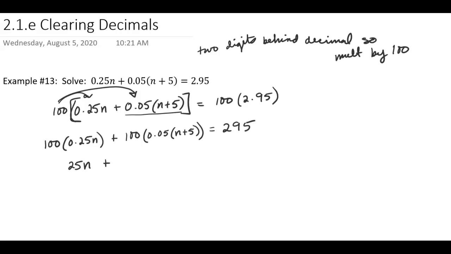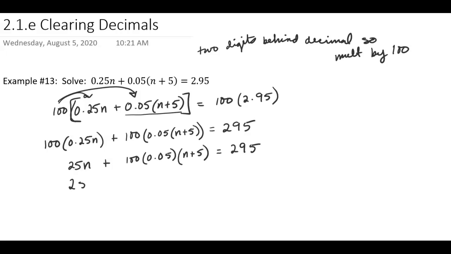Now here's where it gets just a little bit tricky. What we're going to do is take that 100, multiply it times 0.05, and then whatever we get out of that, we're going to multiply times n plus 5. So this is that associative thing, where we're reassociating. Instead of distributing the 0.05, we're going to multiply the 0.05 times 100, and then we'll distribute. And that's sometimes tricky for students. They want to over-distribute, but